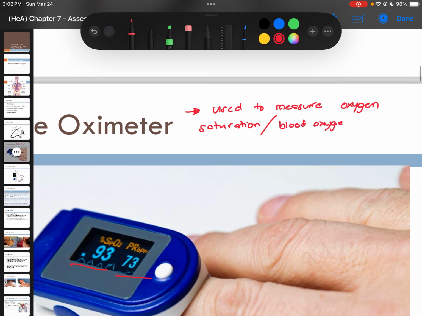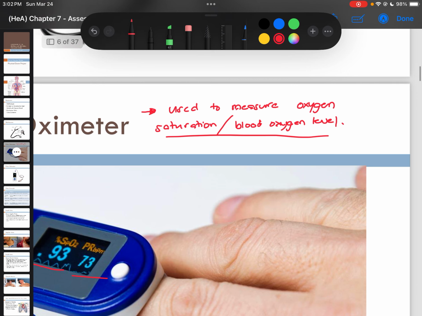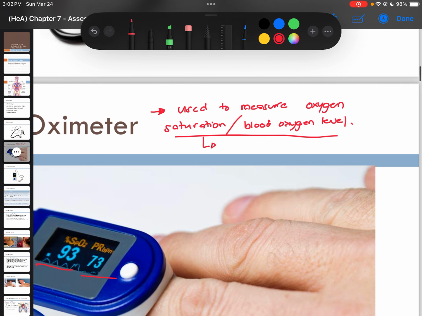When we say oxygen saturation or blood oxygen level, this is the amount or percentage